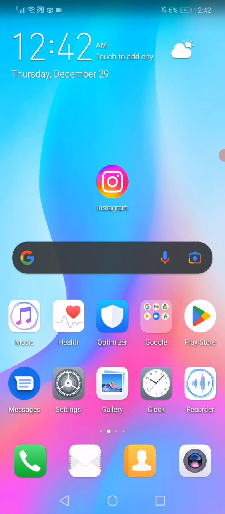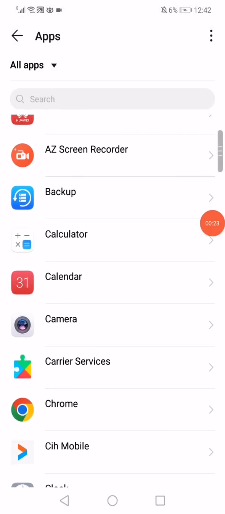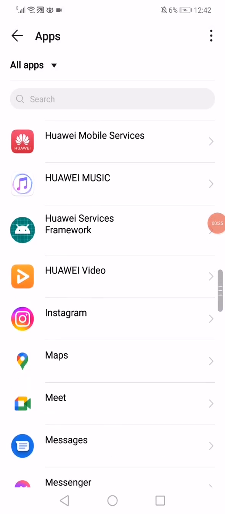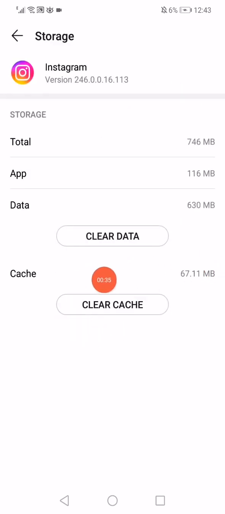All you have to do, guys, to fix this problem is open the settings on your phone, open the apps, and then it will take you to this page right here. Now you have to scroll until you find Instagram and click on it. Right here you will find the app information. Click on force stop, then click on storage, click on clear cache and clear data, and then